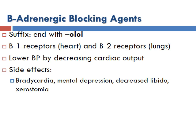Then we have beta blocking agents, beta adrenergic blocking agents. These end with the suffix olol. So if you see an olol drug, that's a beta blocker. These work at the beta 1 receptors in the heart and the beta 2 in the lungs. They lower blood pressure by decreasing cardiac output. Side effects can be bradycardia, mental depression, decreased libido, xerostomia,